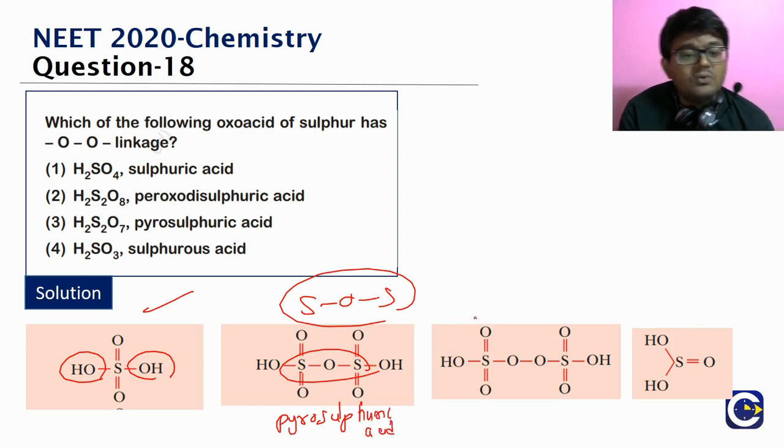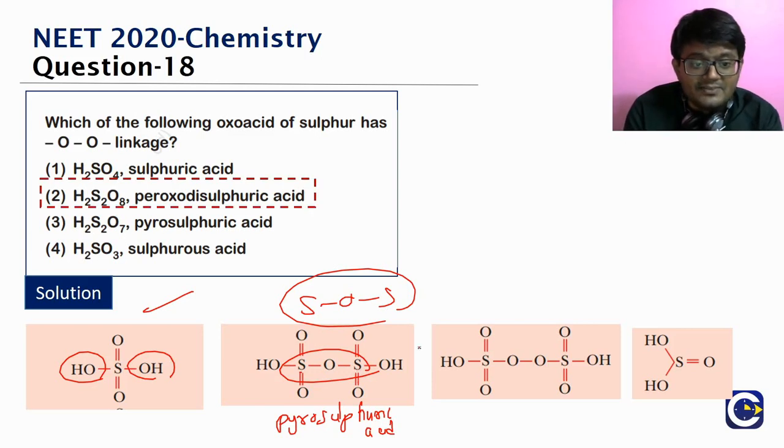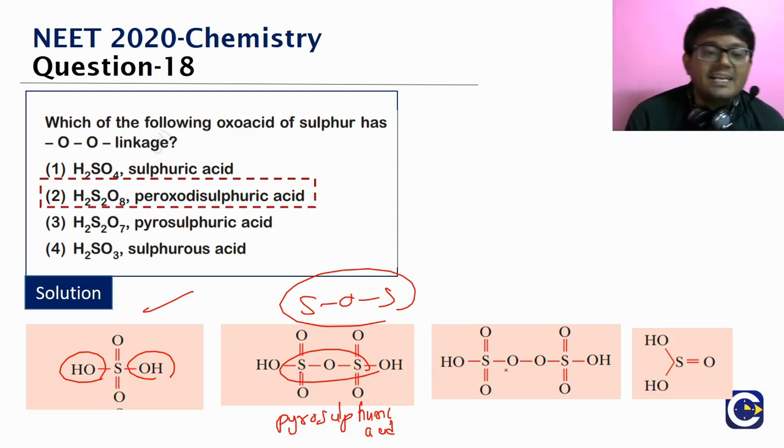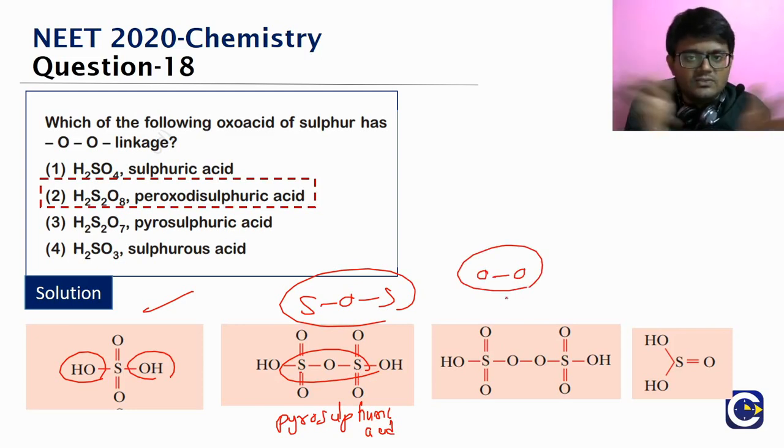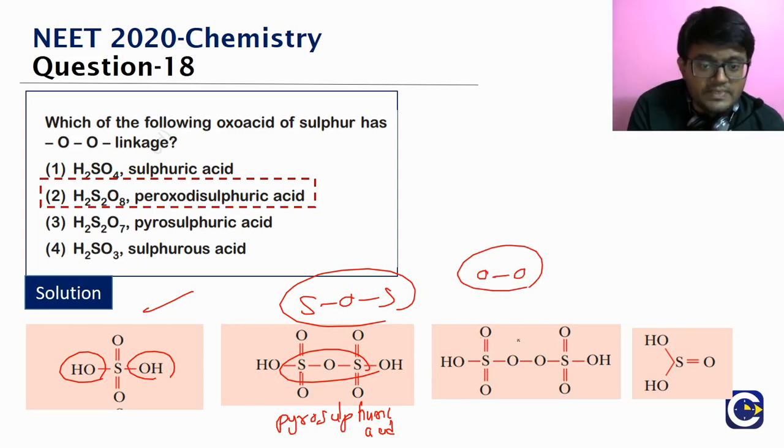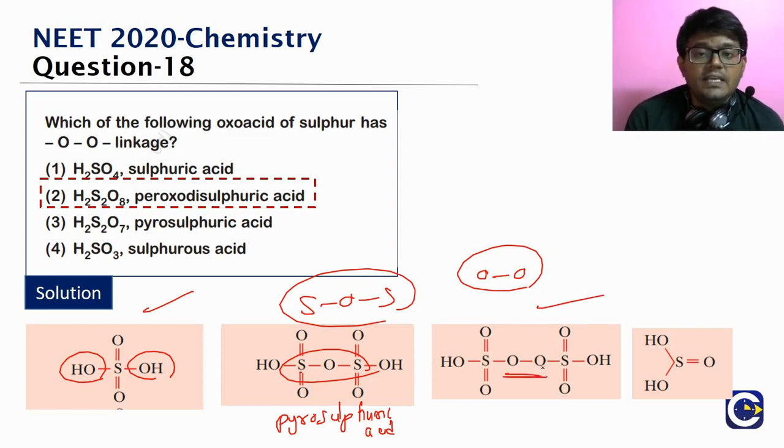Okay, now in the name itself it is there. What is there? Peroxodisulfuric acid. Okay, so peroxo means what? Peroxide. Okay, so O-O linkage is what we call as the peroxide. That's why the name also. So H2S2O8. Look at the structure of this. So we will be having an O-O link in the peroxodisulfuric acid. What is the formula for that? H2S2O8. And in H2SO3 we will not have any O-O linkage.